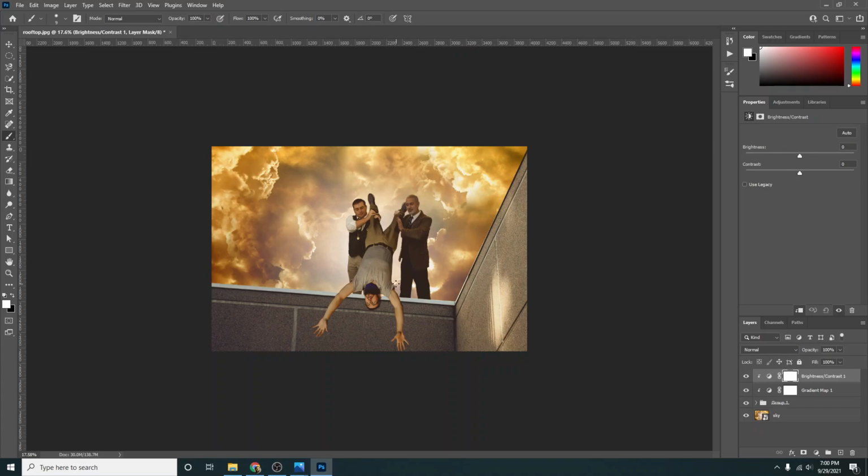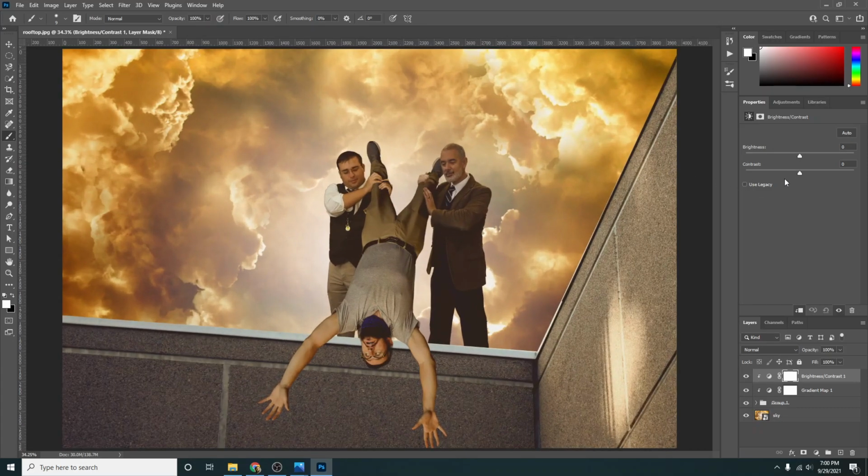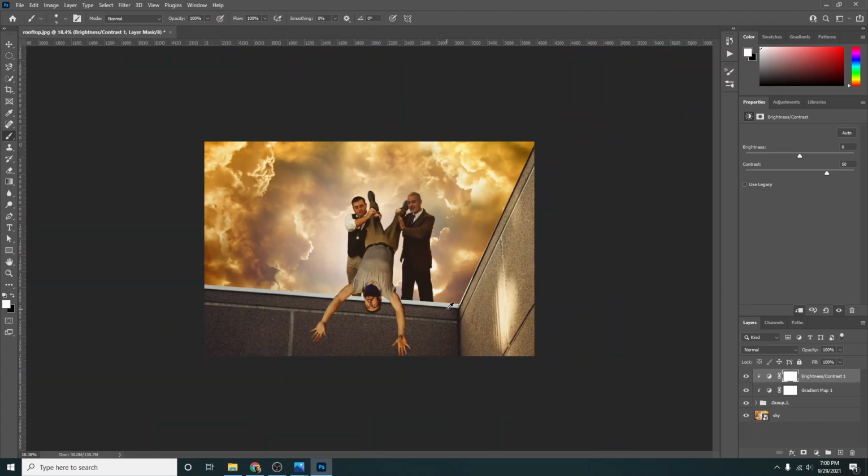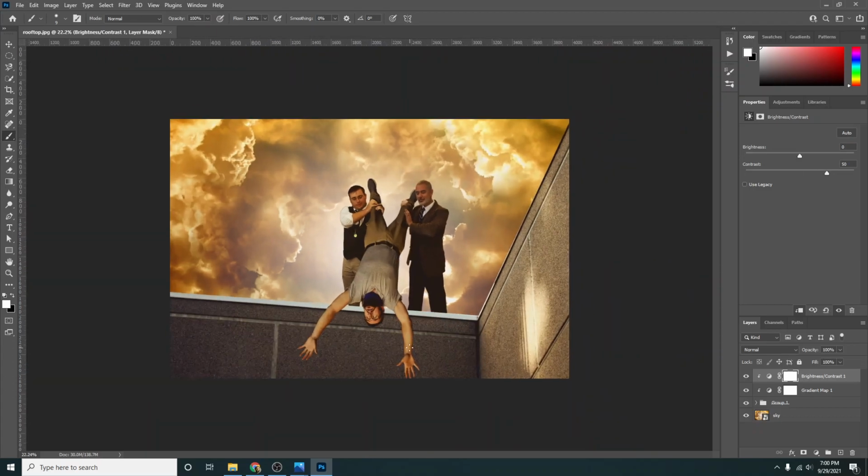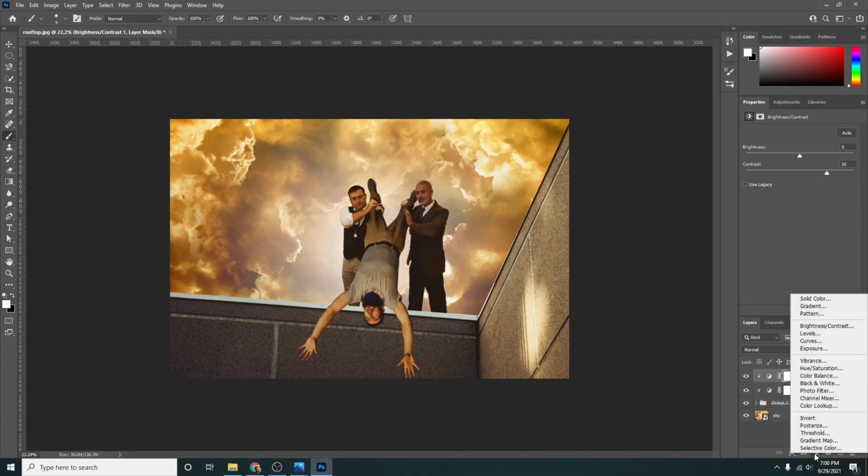I'm going to zoom in slightly just so we can see what's happening. I just pull the contrast up a little bit. I'm going to make the shadows and highlights stand out just slightly more, the difference between the two, so it makes everything look a little bit different. And then I'll make another one, and I'm going to see if I can find something here. Color lookup, curves,